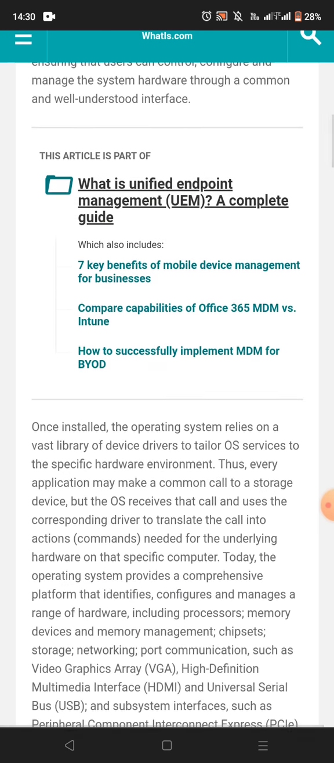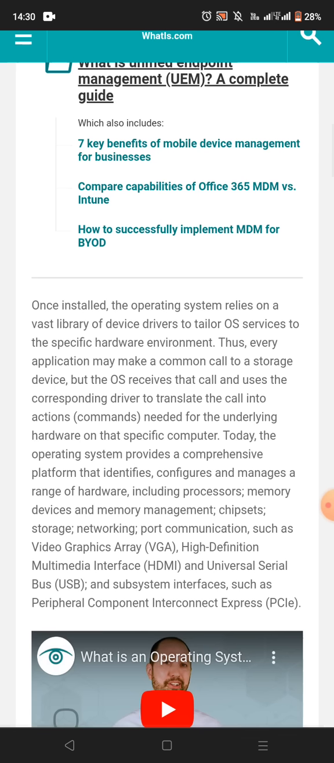So, once installed, the operating system relies on a vast library of device drivers to tailor OS services to the specific hardware environment. Thus, every application may make a command call to a storage device, but the OS receives that call and uses the corresponding driver to translate the call into the action commands needed for the underlying hardware on the specific computer. Today, the operating system provides a comprehensive platform that identifies, configures, and manages a range of hardware, including